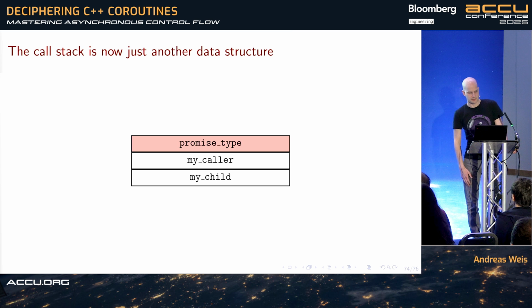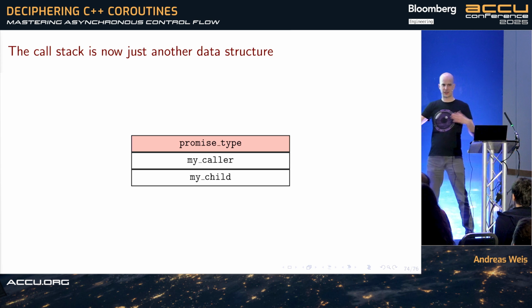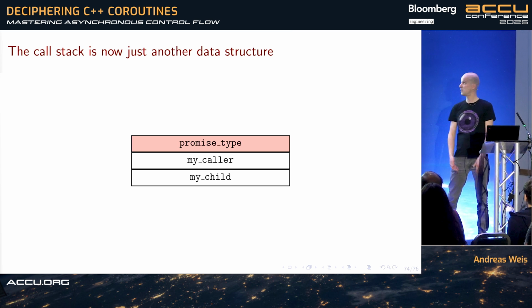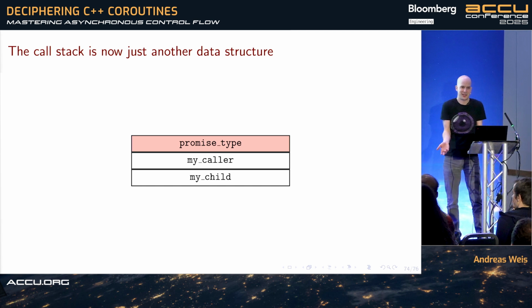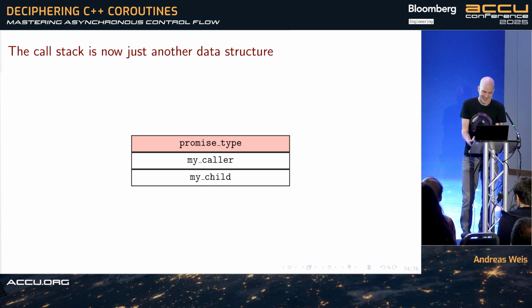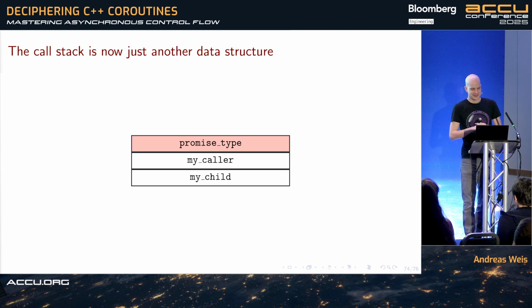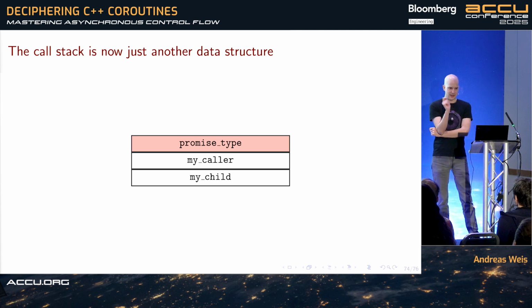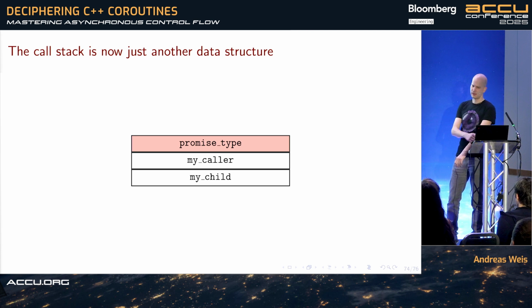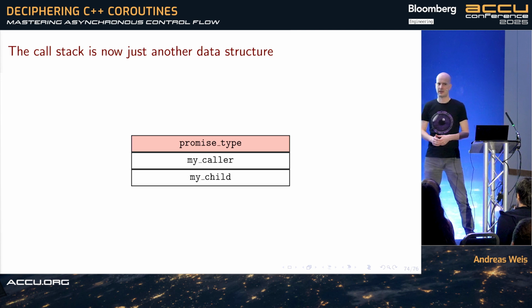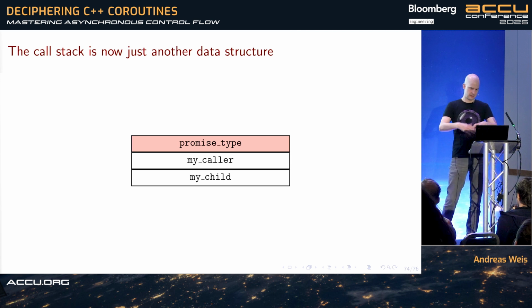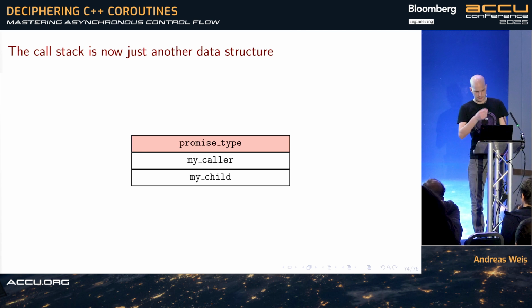If you want to expose a range interface so that you can use range algorithms to iterate over your call stack, yeah, sure. I'm not saying it's a good idea, but if you have a use case, you can do it. So the only limitation here is that it's still a structure of linearly nested tasks, right? That's the only constraint, although